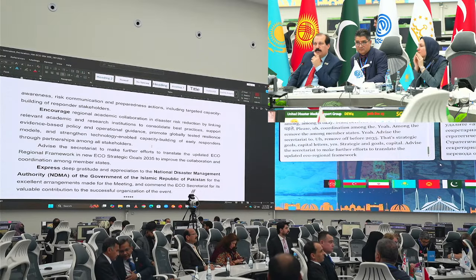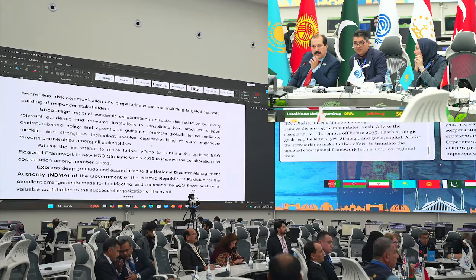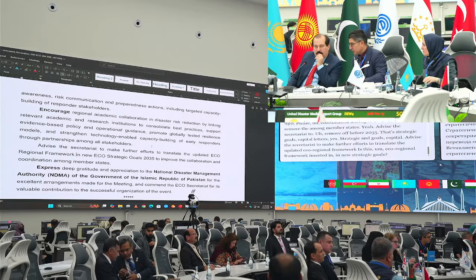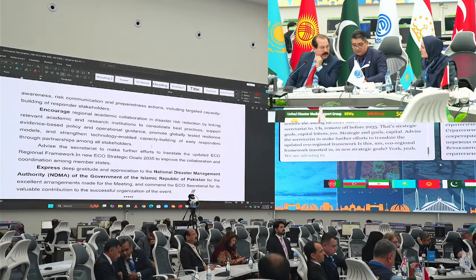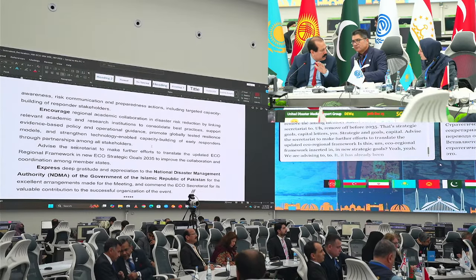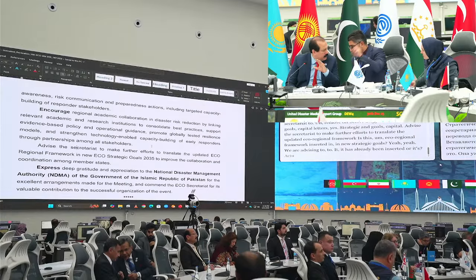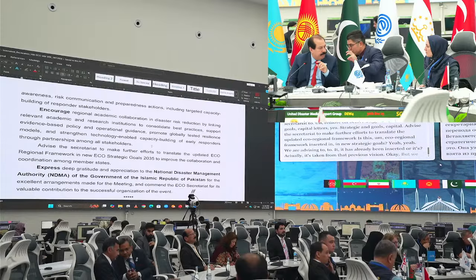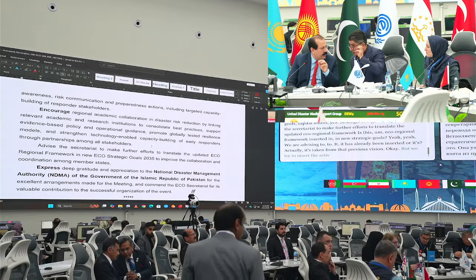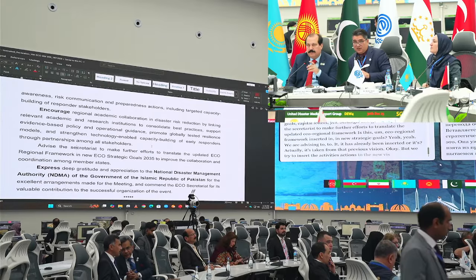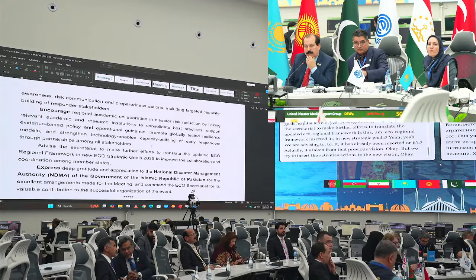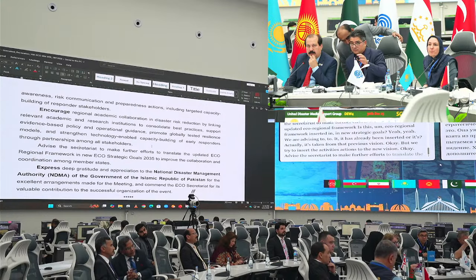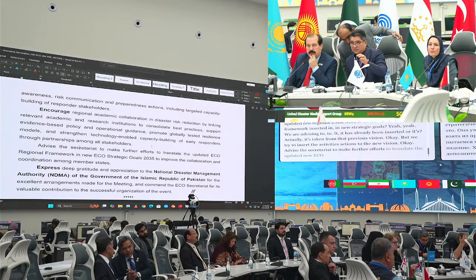Is this eco-regional framework inserted in new strategic goals? Yeah, we are advising to insert it. It has already been inserted, or it's? Actually, it's taken from that previous vision. Okay. But we would like to insert the activities, actions to the new vision document. Okay. Advise the Secretariat to make further efforts to translate the updated ECO regional framework